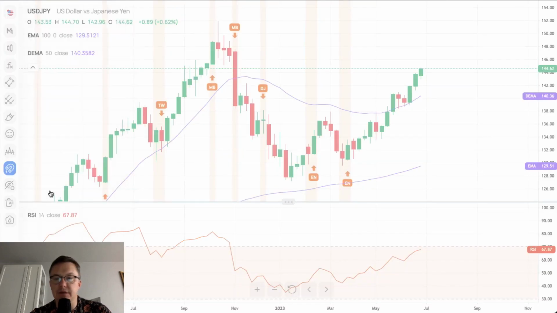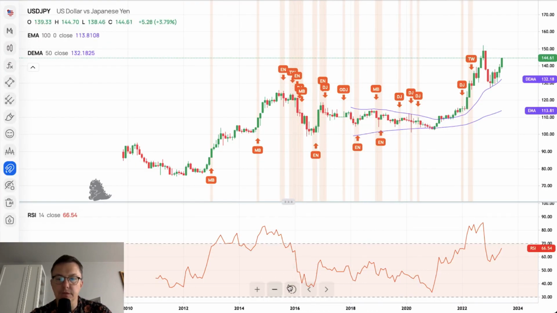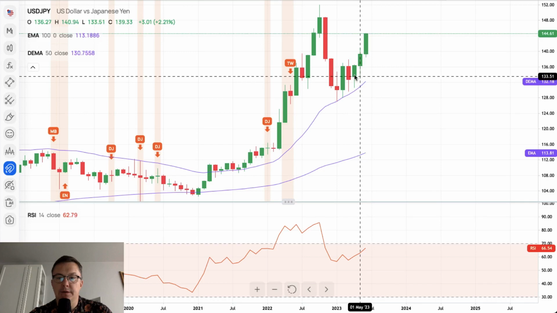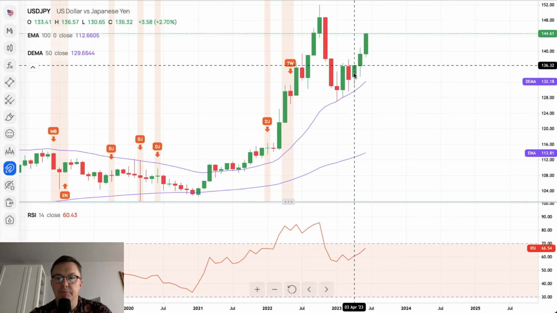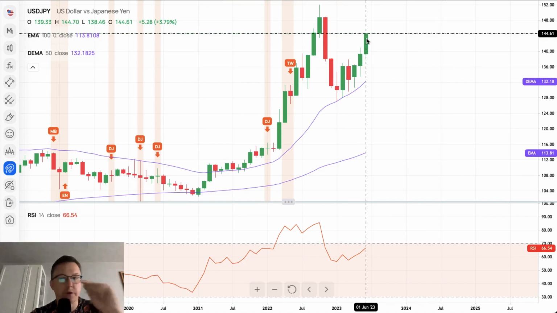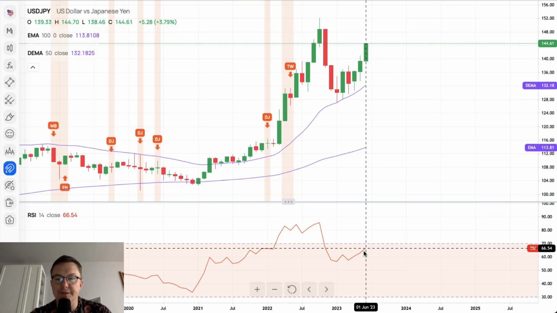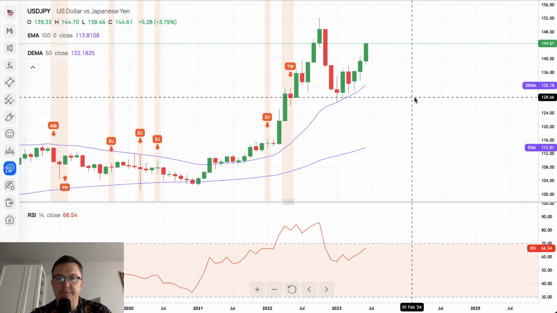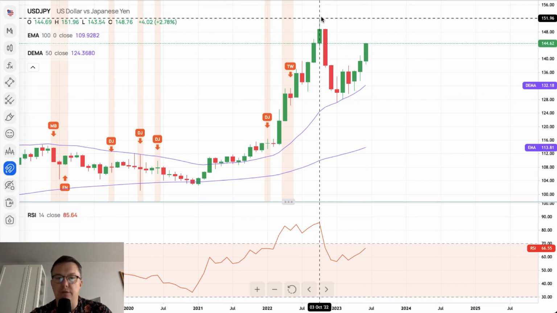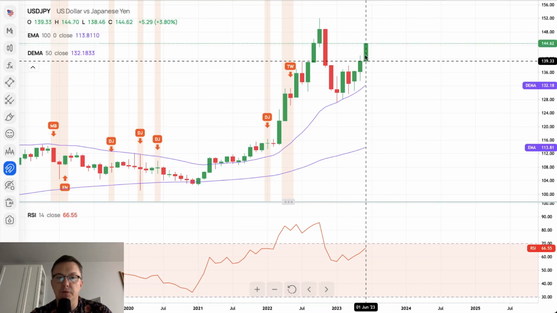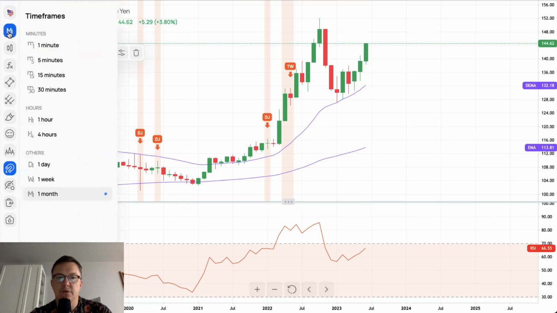The last one will be monthly because tomorrow is the last day of the month. We are talking about the month of June, of course, and as you can see, April bullish, May bullish, June bullish. So basically strong momentum on the monthly, 66 points pointing to the upside, still provides some sort of solid support for the bullish outlook on the monthly time frame. So if we close here, this is the third consecutive month in a row for the US dollar to the Japanese yen to move higher.